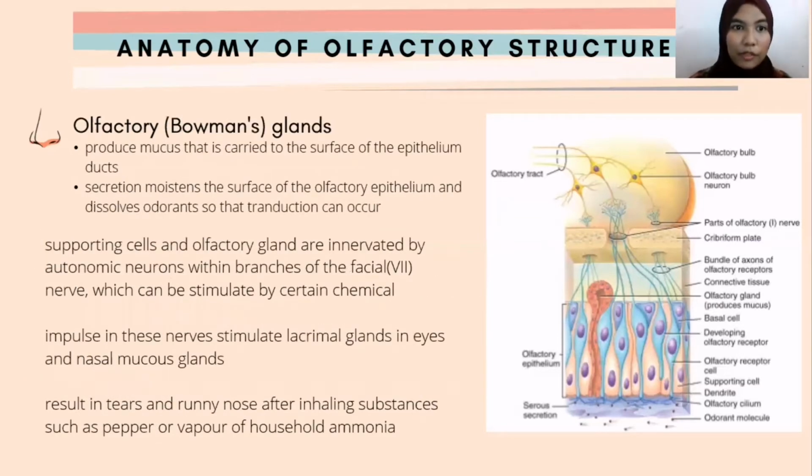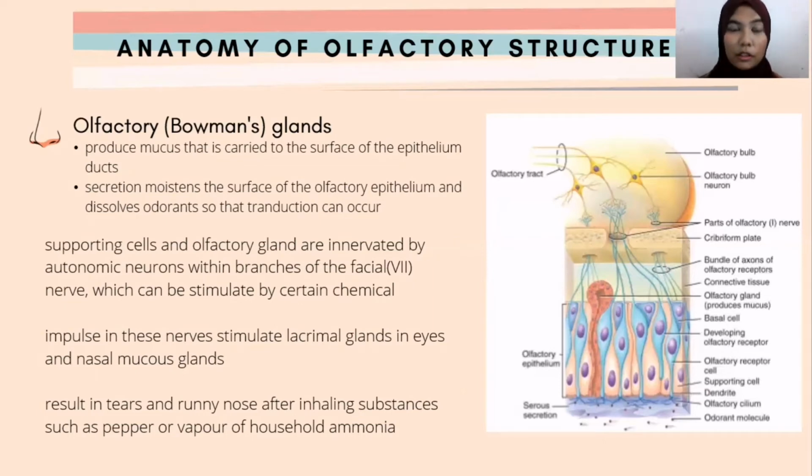The last one is the olfactory gland, also called Bowman's gland. It is used to produce mucus that is carried to the surface of the epithelium through ducts. The secretion moistens the surface of the epithelium and dissolves odorants so that transduction can occur. The secretion helps the odor to be transmitted to be processed by the olfactory hairs and olfactory receptors so that the message can be sent